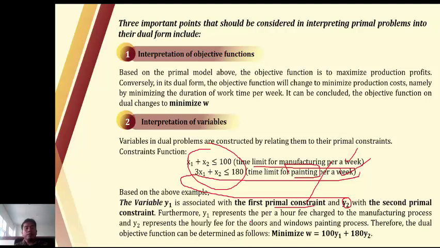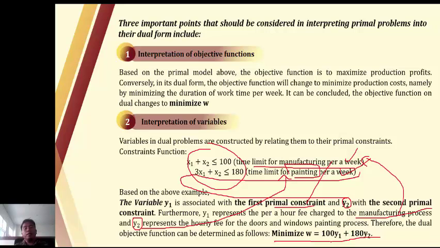Furthermore, y1 represents the per hour fee charged for the manufacturing process. Y1 refers to this one. However, y2 refers to the second constraint. Therefore, the dual objective function is determined like this: minimize W equals 100 y1 plus